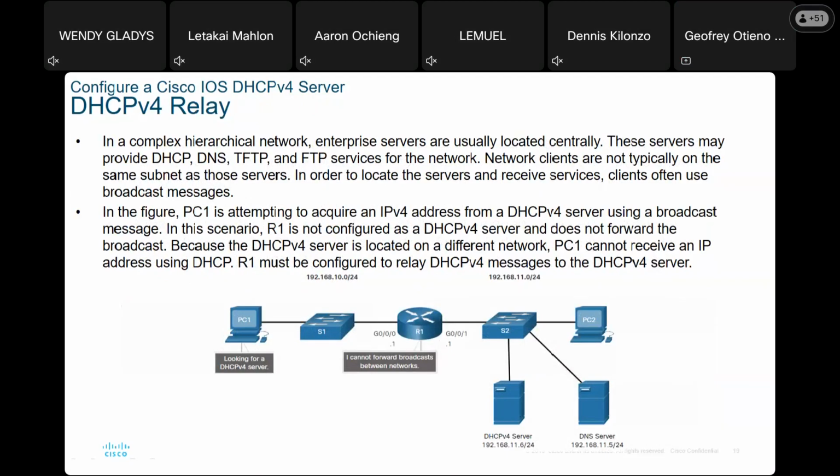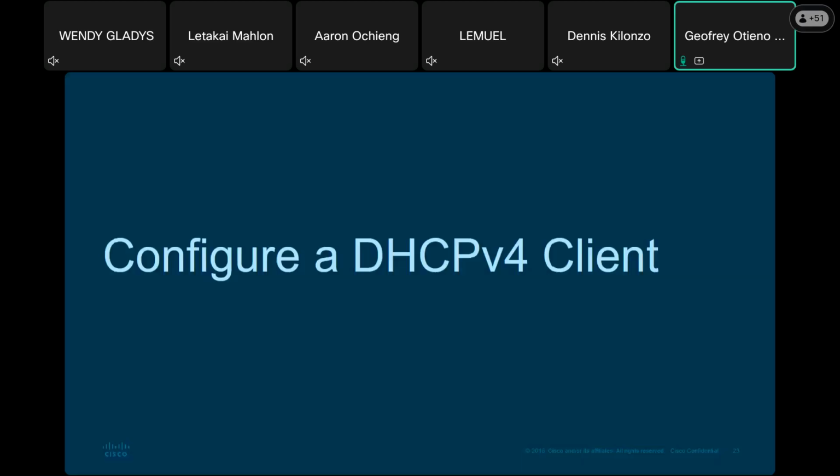Again, sometimes as a client, you are a router, the customer router. As the customer router, you don't have